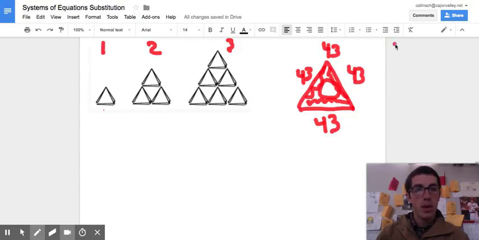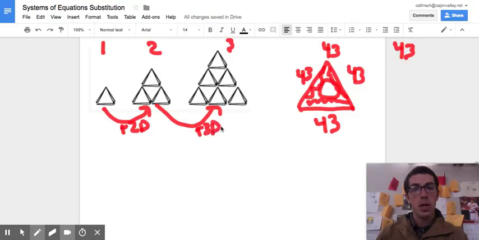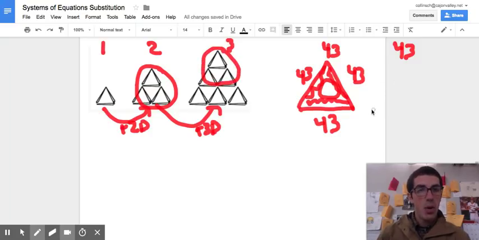So another way of looking at step 43 that a lot of you guys said was here, the bottom row increases by 2 triangles, and then the bottom row on 3 increases by 3 triangles, and you just stack the shape from the step before right on top. Several of you guys mentioned this. Now, if we look at it like this, we would be left with a bottom row of step 43, and then the row right above that would be from step 42. So this would be 43